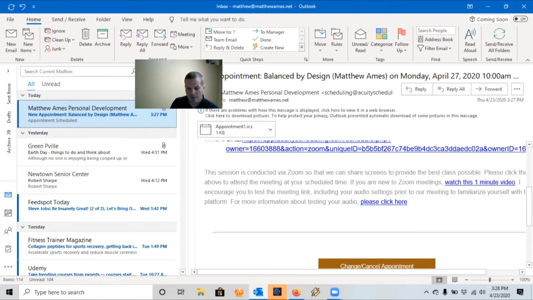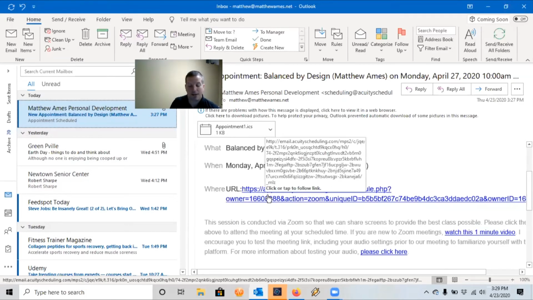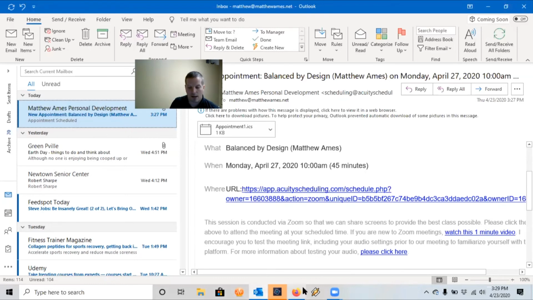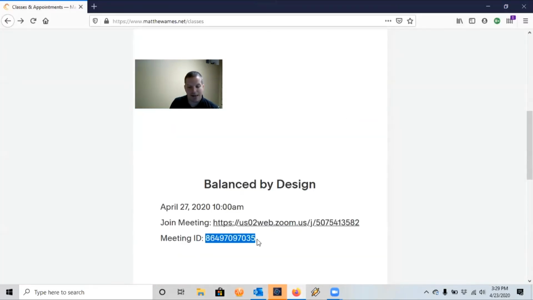To click on it, I have the ability to change or cancel the appointment, and I have the ability to go down and I can add it to whatever virtual calendar I have on my phone. That's it. That you are now scheduled for the group classes. And whenever you go in, like I said over here in the previous screen, it'll have a meeting ID. So basically you can open the app on your iPad, your cell phone, or your computer. You'll be able to type in this telephone number under the meeting ID